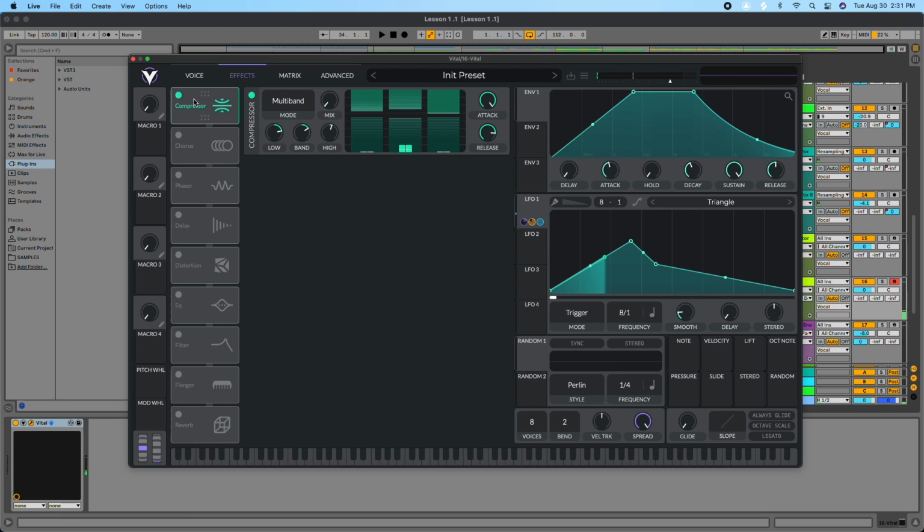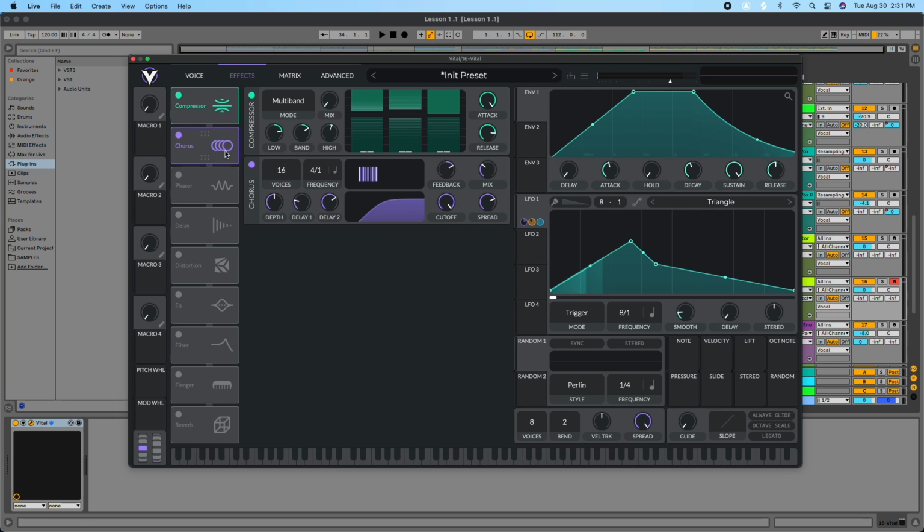Yeah, multiband compression, great to use. We're just using like a tiny bit of it. But all it's doing is bringing out a little bit of the subtle details. And then the chorus here is awesome. If you notice, it gives it a little bit more of a stereo field. And all I'm doing is I change the spread here and the cutoff so that it's not affecting the low end at all, because we're saving the low end for our sub bass and all that fun stuff. So when we're making pads, we're not really worried too much about the low end, especially the low end being stereo. And then we're going to do the phaser,